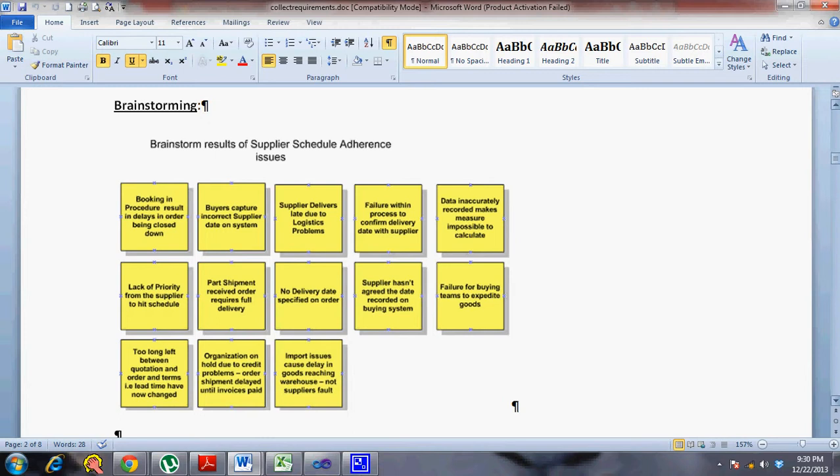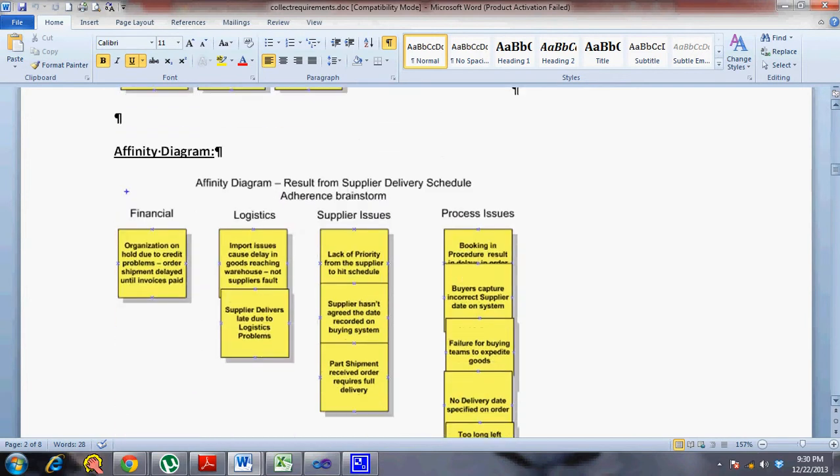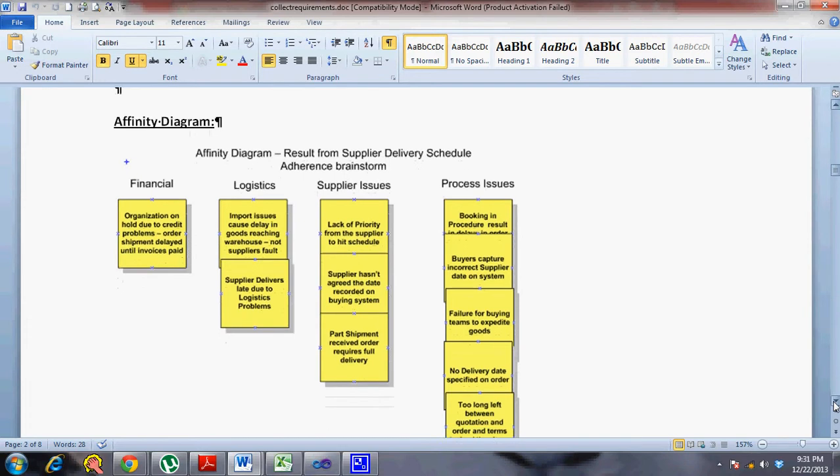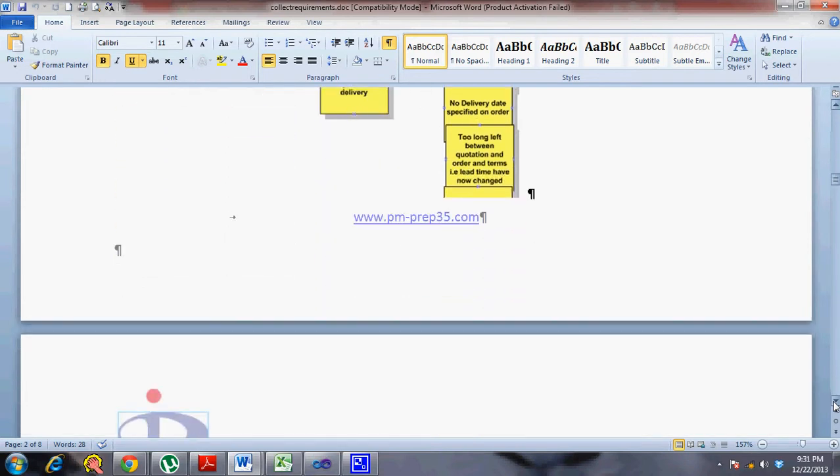Even in this case, it is more effective if the people involved are SMEs, because your discussion does not go away from what it is actually supposed to be for. So when the SMEs are involved, one person tells an idea, the other person builds over it. Once your brainstorming is over, normally an affinity diagram is created, which is grouping all these ideas into different groups, so that way you can give it to different teams, and then they can use it for their project development and things like that.